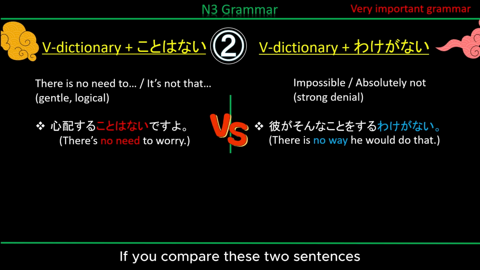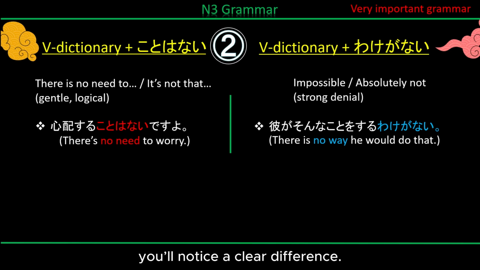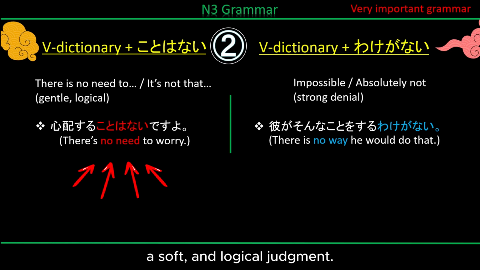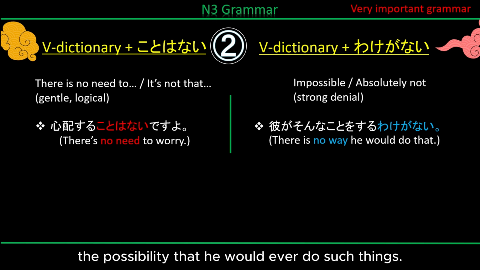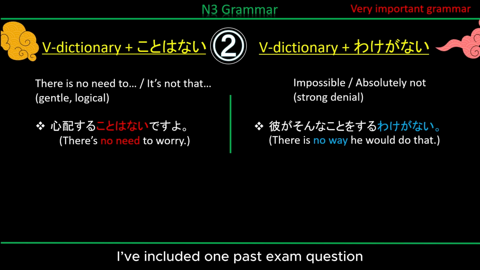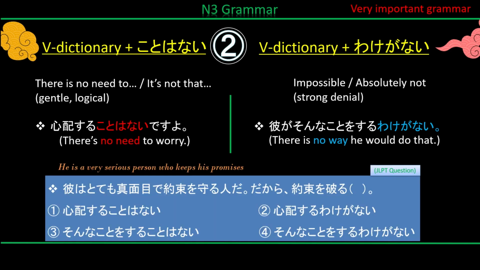So if you compare these two sentences, you will notice a clear difference. The first one expresses a soft and logical judgment, while the second one strongly denies the possibility that he would ever do such a thing. I have included one past exam question where a large number of students often fail to choose the correct answer. So here is the question. 彼はとっても真面目で約束を守る人です。だから約束を破るほにゃらら。So, which option do you think is correct? 心配することはない。心配するわけがない。そんなことをするわけがない。